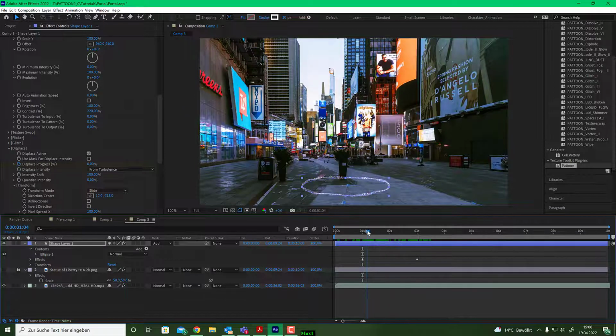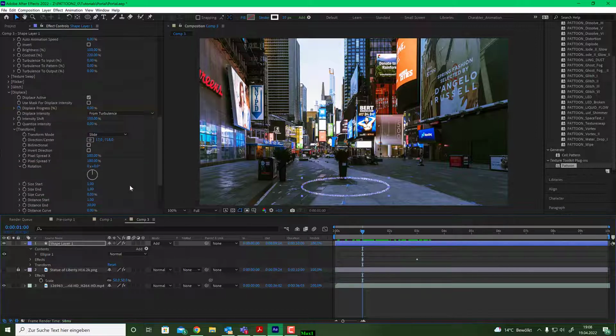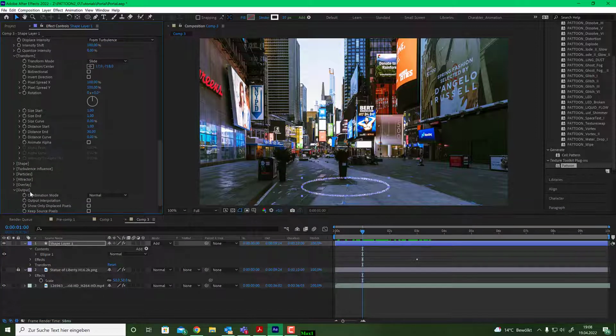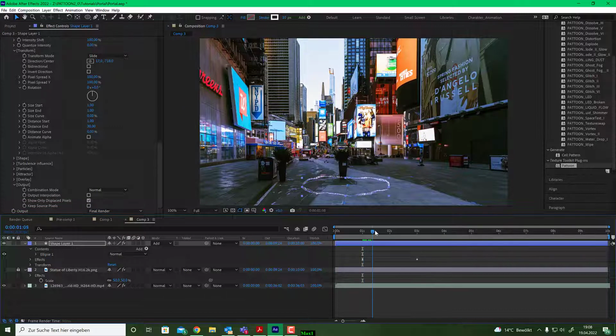So what now is, if we have nothing displaced, we see those pixels lying on the floor, and maybe you'd like to animate that over the transparency or the opacity of this thing, but I like another way because I like to have them come step by step out of the ground. So to achieve that, we have a setting here in the output that says show only displaced pixels. If you check that, it's immediately gone, and if you go forward now, it starts coming one frame later,